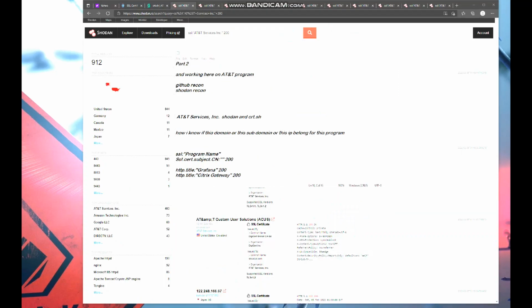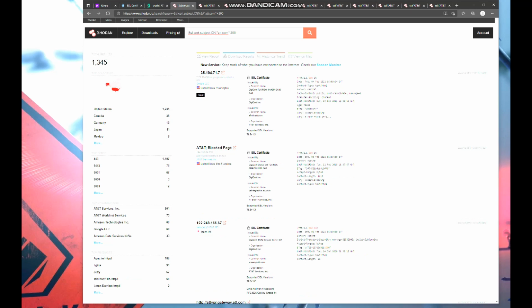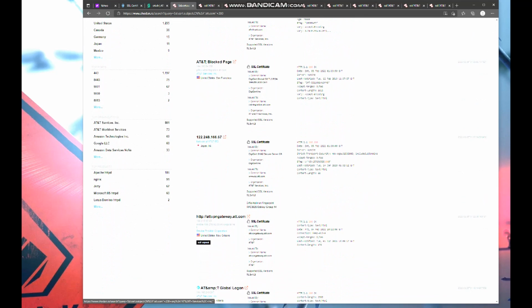Now the third part, SSL search subject CN. Here, paste the domain, not the organization name, like att.com. As you can see here, we have 1000. Why? Because something from them is registered as AT&T Services Inc. That's the first one. But now we have IPs registered on Amazon, on Google,